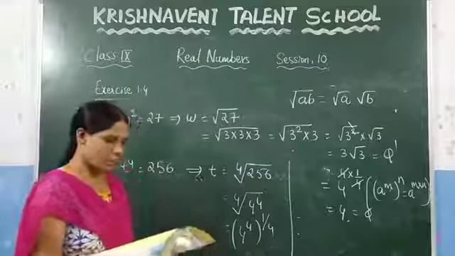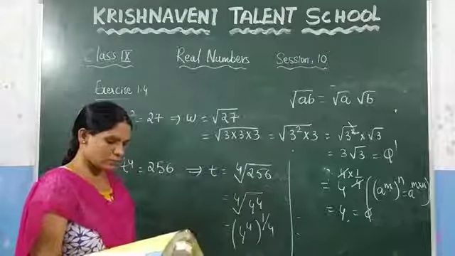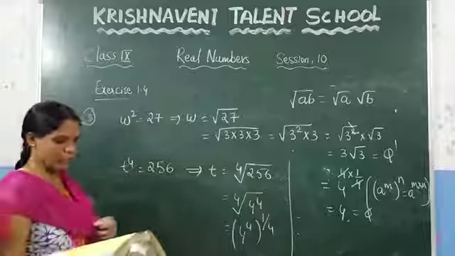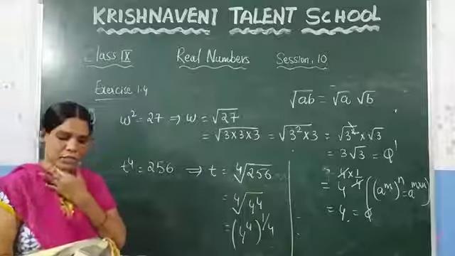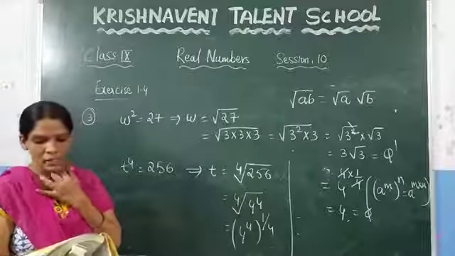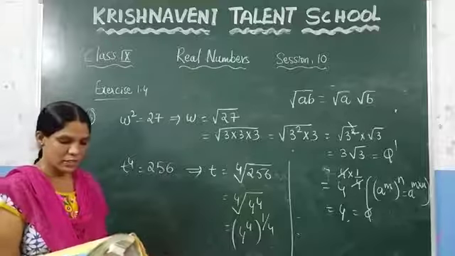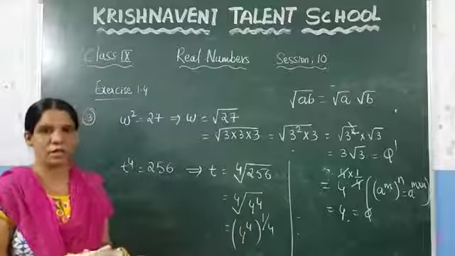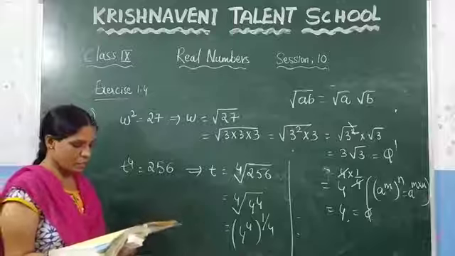You just need to find the value of the power so that you can say whether it is a rational or an irrational number. Fourth question, you can do it as homework. Every natural number is a rational number, but every rational number need not be a natural number. Just think about that and solve it. In the next session, we are going to discuss the